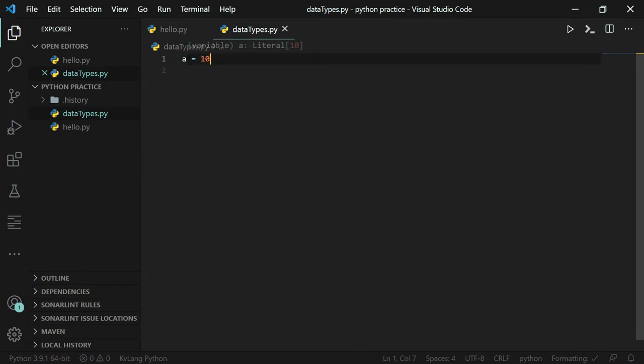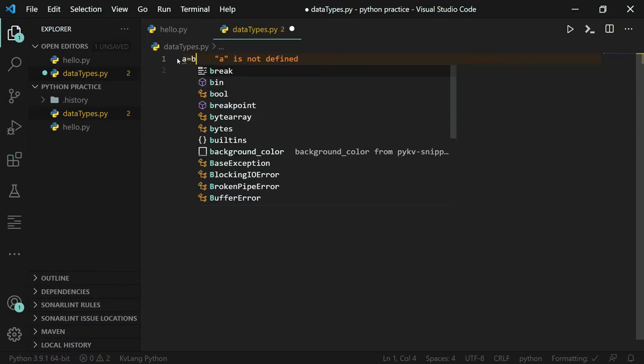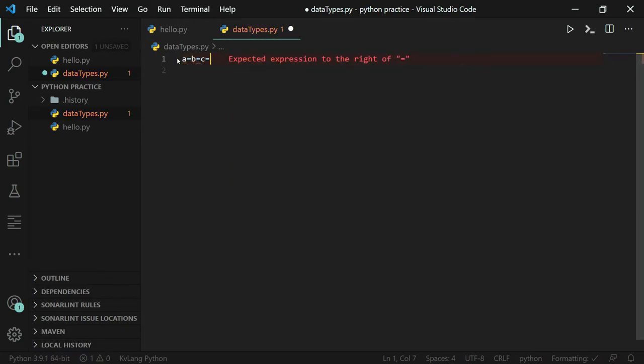We can also use multiple assignments like a equals to b equals to c equals to 10. This means a, b, c, all three values are equal to 10. We will see it.